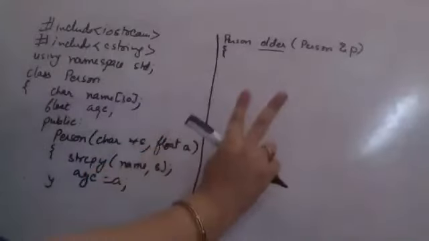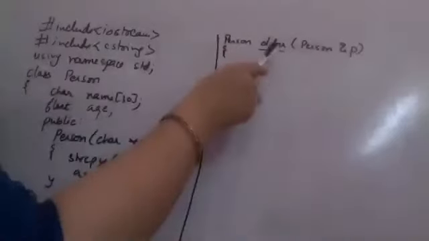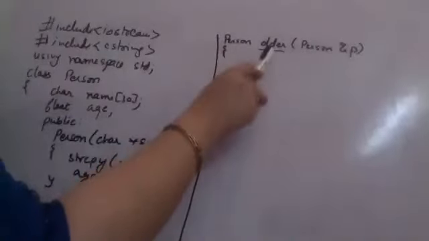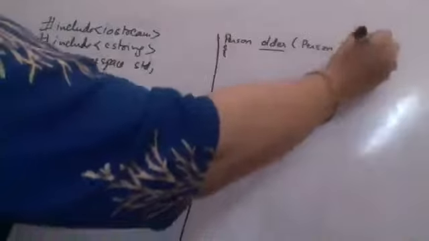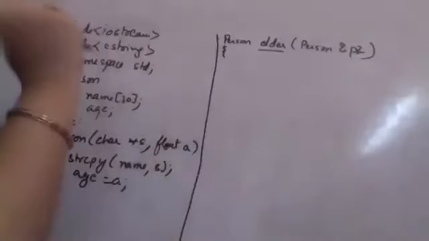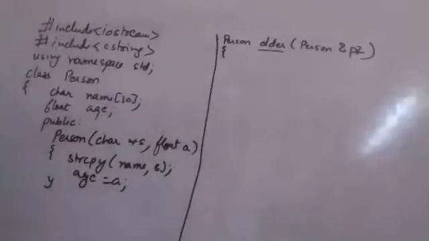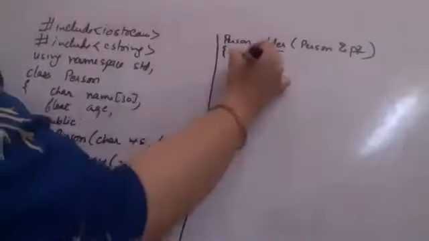So there are two people, two persons. One will be referred by the calling object, whichever object invokes this function, that is one person, and the other person is this one. Or maybe you can say this is P2 for simplicity, you understand it like this. Now I have to find out whose age is greater. So simply checking if